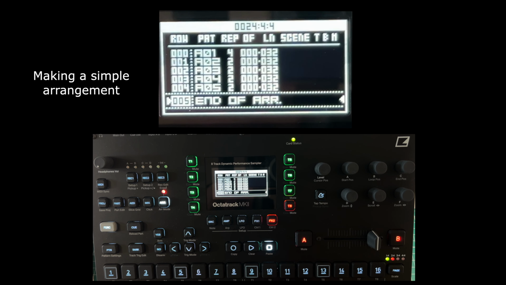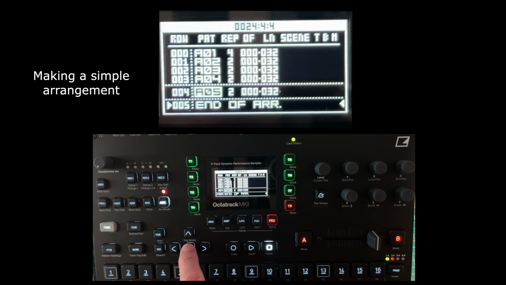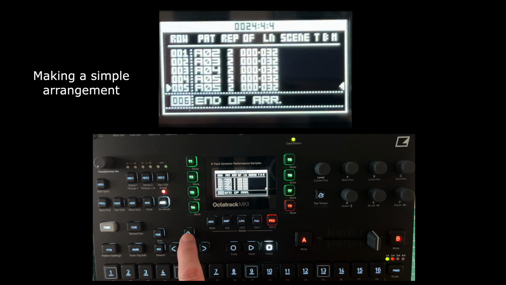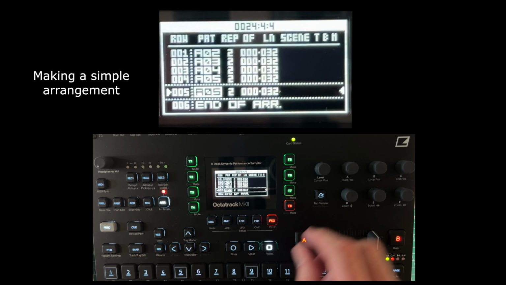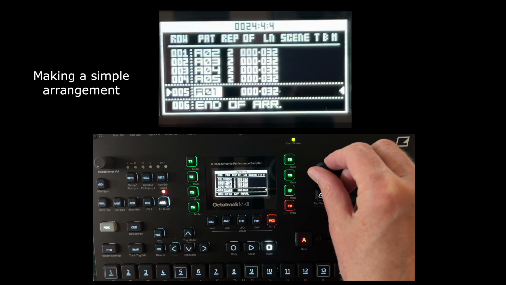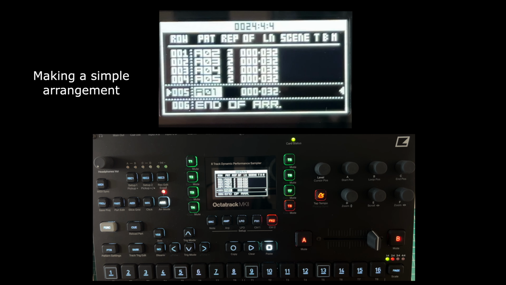Now let's just go up here and we'll press function and down. We'll put one more item here before the end. Let's go back to pattern 1. Pattern 01. There's lots of other things on here which I'm not going to deal with today because it's just too long. So we'll put this in just once and then we'll come down, put it in again, and we're